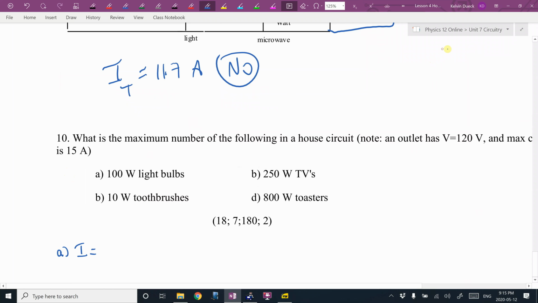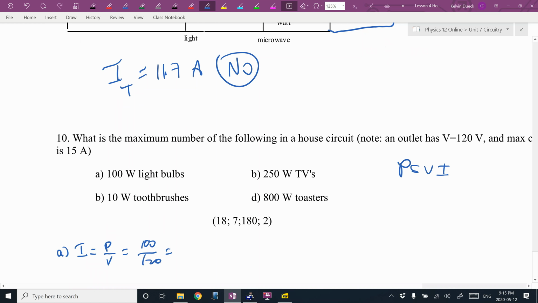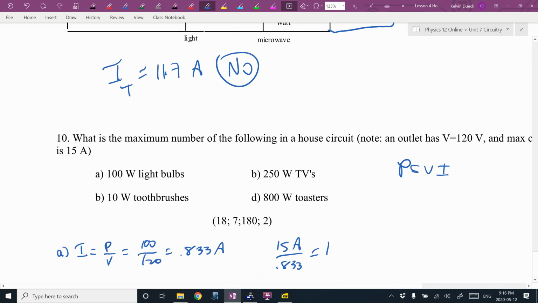A single 100-watt light bulb would take power equals V times I, so I equals P over V, which is 100 divided by 120, which is 0.833, and then 15 amps divided by 0.833. How many will blow the breaker? 18. In fact, 18 would trip the breaker, so